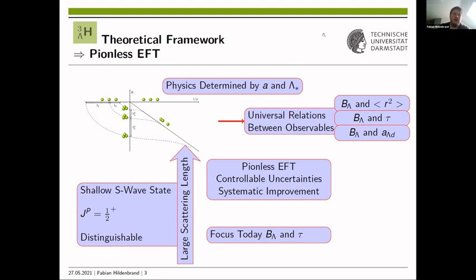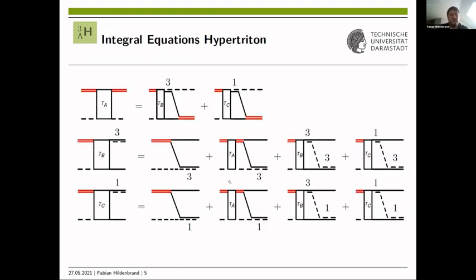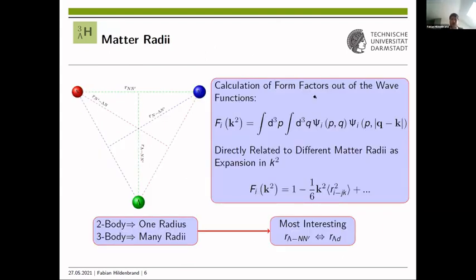The motivation for our calculation, or the way we've done it, was basically we did a 3-body calculation for the Hypertriton, the lambda and n. You can do this, get some nice equations, and basically solve this. And we calculated matter radii by calculating those form factors. If you look at the 2-body systems, you only have 1 radius, and that's meaningful. If you calculate the Hypertriton as a deuteron lambda, you would have basically the interparticle distance between the lambda particle and the deuteron.